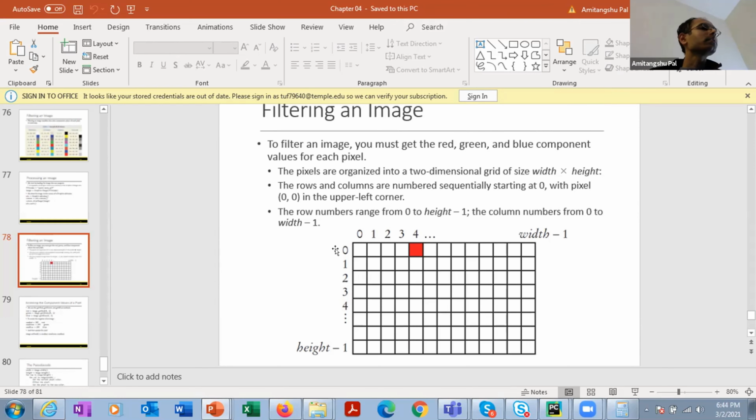I need to swap the intensities of row 0 with height -1, row 1 with height -2, row 2 with height -3, and in this way. That's it. That is basically flipping an image vertically.